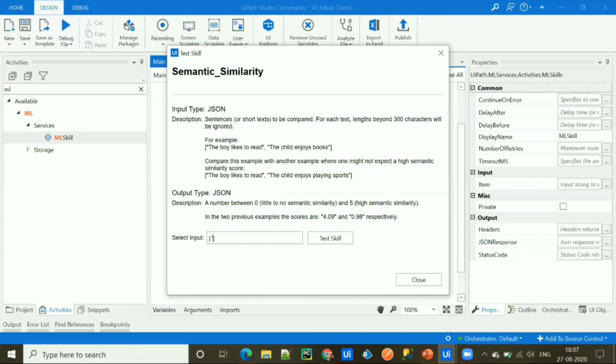Let's provide the same sentences given in the example and click on test skill.